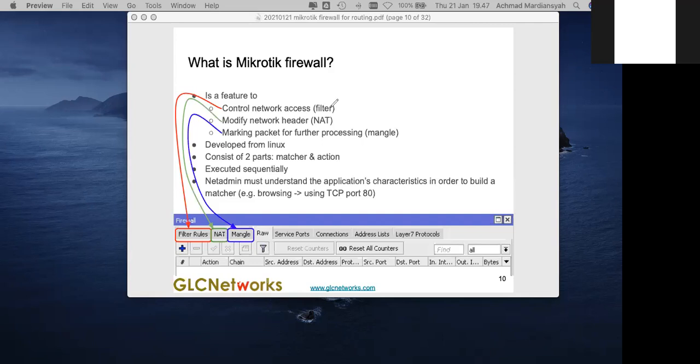Well, back to the topic. Mikrotik Firewall. There is a menu named IP Firewall, and inside you see the filter, then the NAT, and then the mangle. So filter is used for,